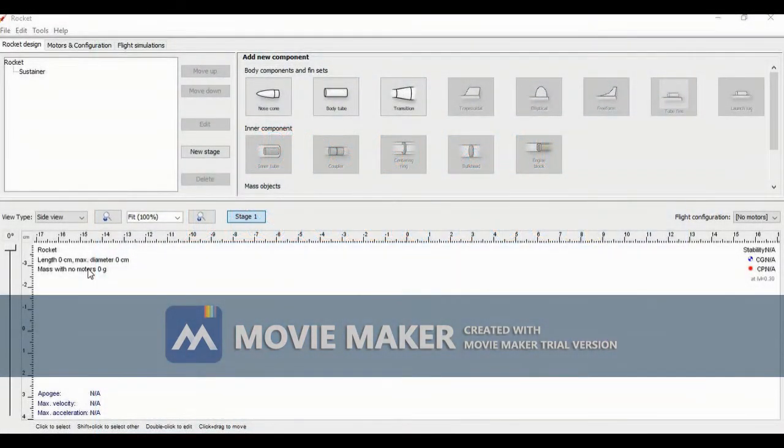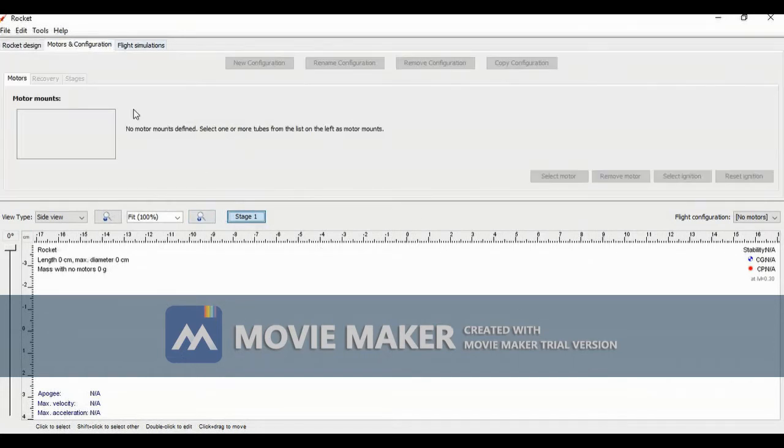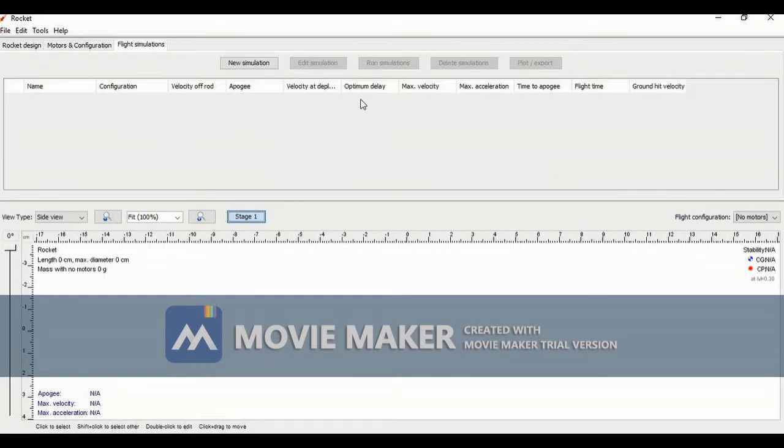So now let's start with the designing of the rocket. We have come to the open source software, as you can see here. First of all, here are the components which we will use to design. Here's the nose cone, body tube, transitions. These are all the fins, and also here is a written format of what you put in the rocket, and here the rocket is made. And here there is the motor configuration. Here we add the motor to our rocket, and here we see how much height our rocket goes